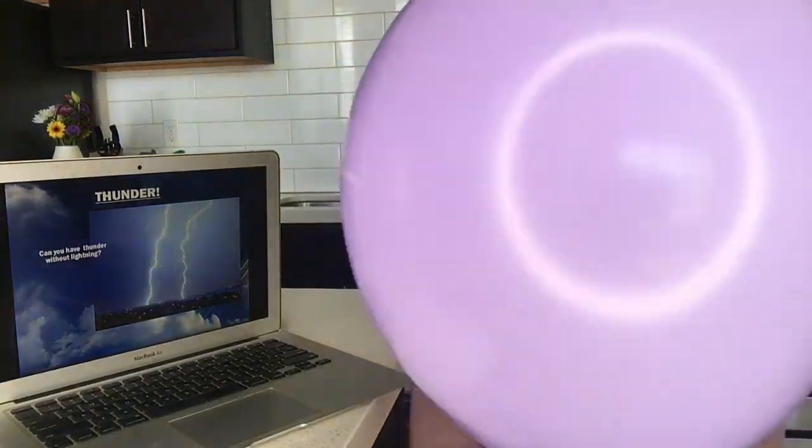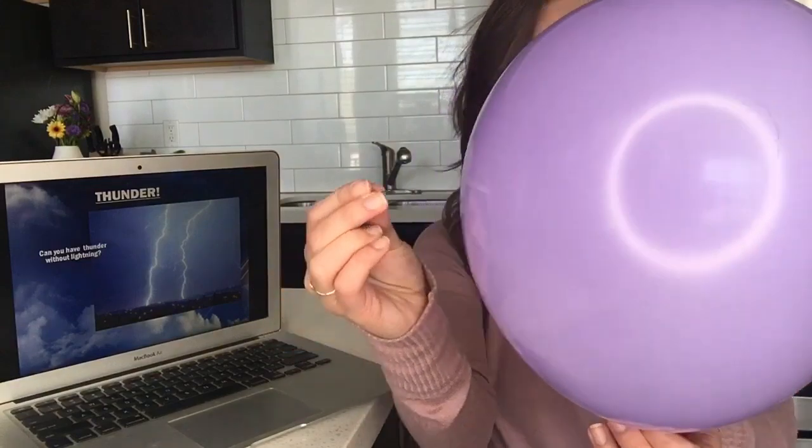But what happens with thunder is when that lightning strikes, it expands air so quickly, it makes a really, really loud noise. So we are going to expand air out of this guy very, very quickly. And how do we do that? By popping it. Okay, everyone, just a warning, it's about to get really, really loud. But we can make our own thunder by going...